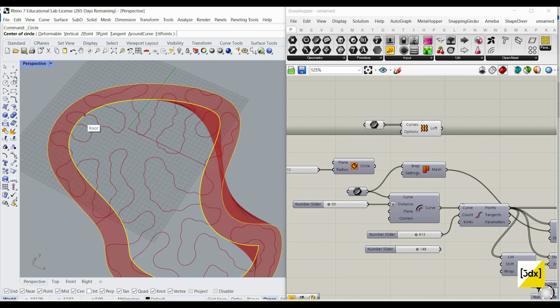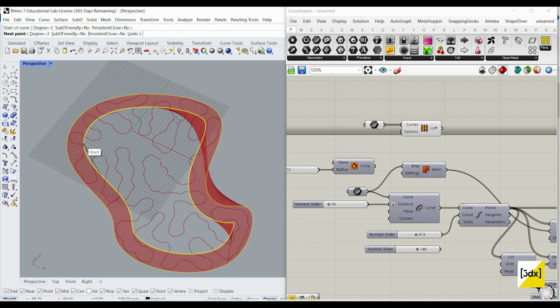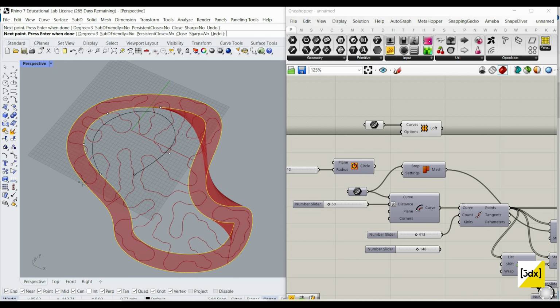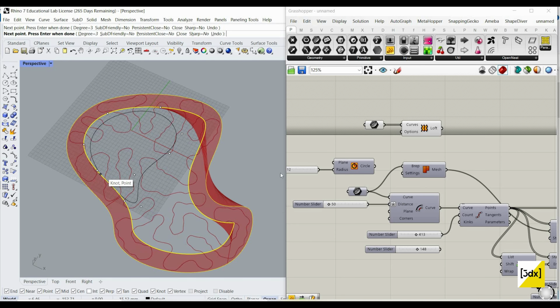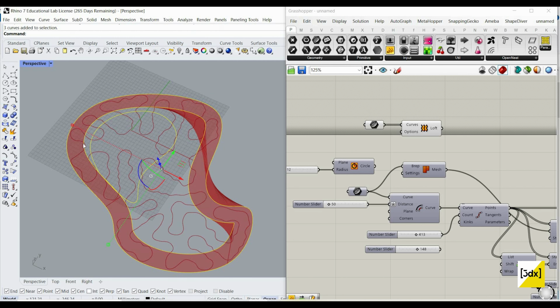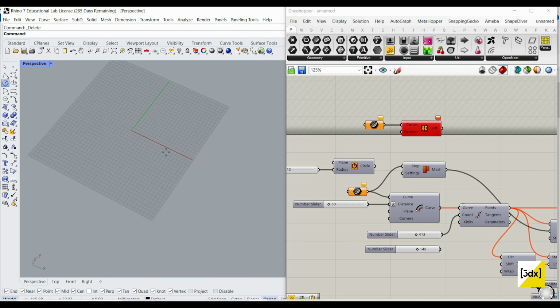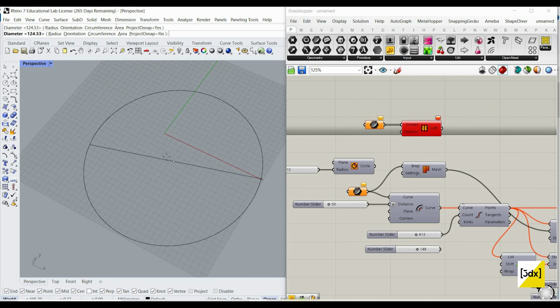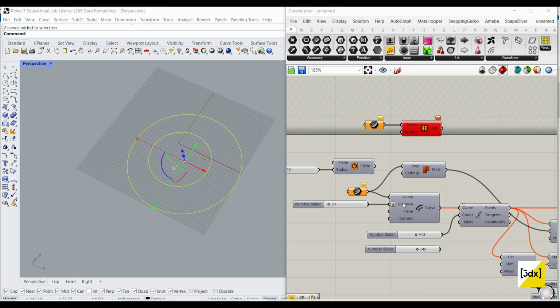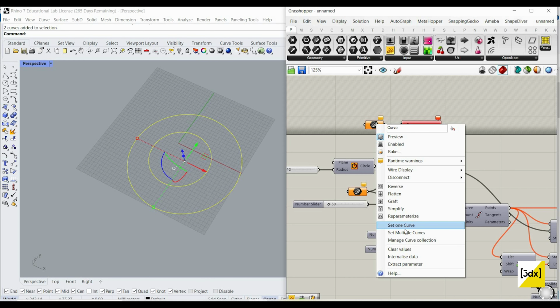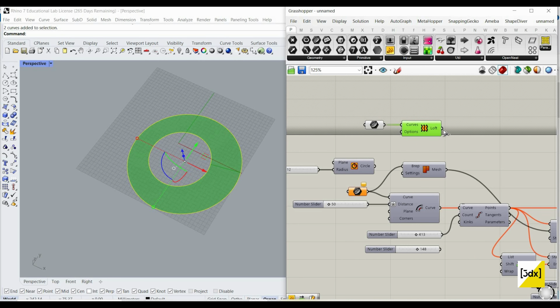Okay, let's make a simple curve for now. Let's delete everything. I just want to show you one thing and then I will proceed with other things. So let's say there is a curve like this and with multiple curves. We have the loft